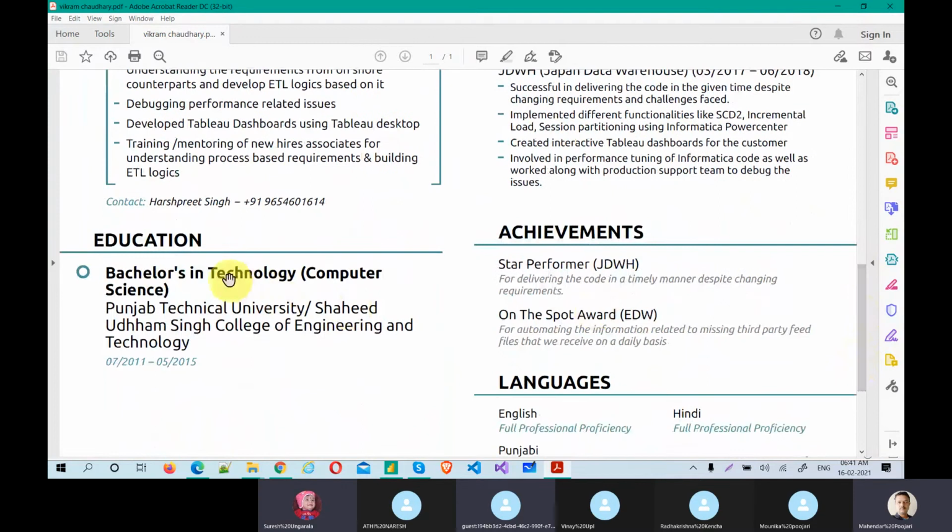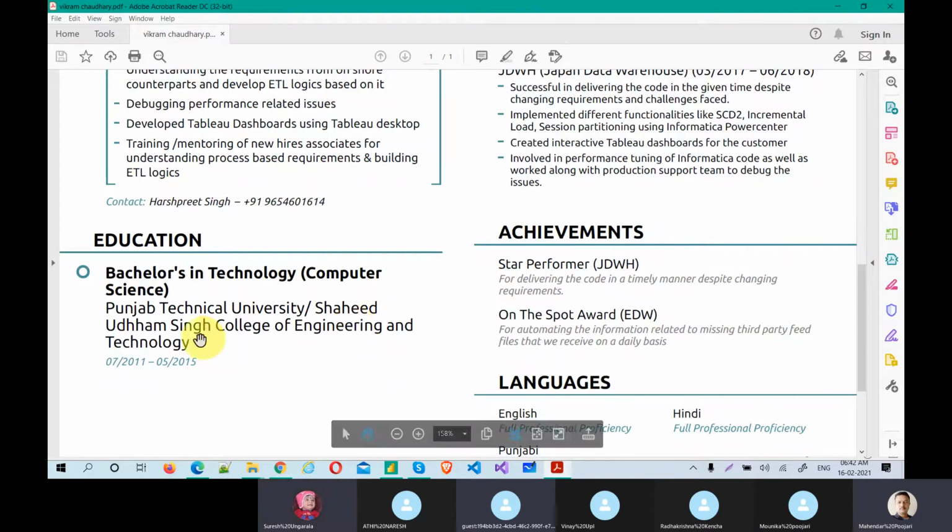One is bachelor's degree. If yours is a degree, you can say bachelor's degree. Okay, no need to mention whether it is in mathematics or something like that. Mention computer science because that is a positive thing. If you are BSc Maths, you can mention it. If it's a BA, you need to mention bachelor's degree and university. That's it. And give the end of the year, not the start of the year. That's perfectly fine.